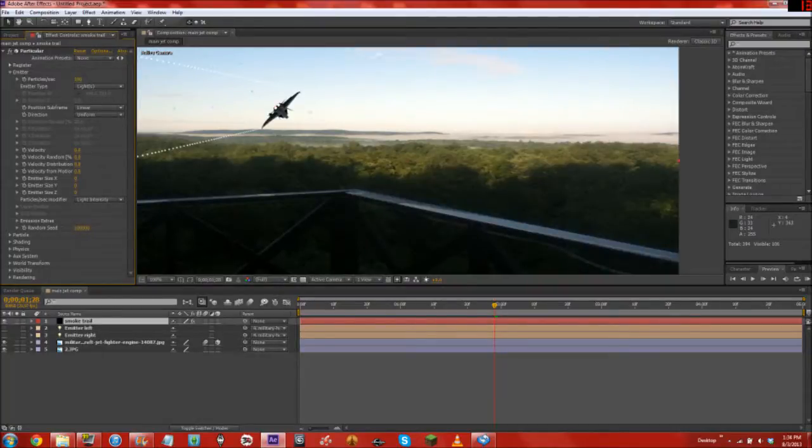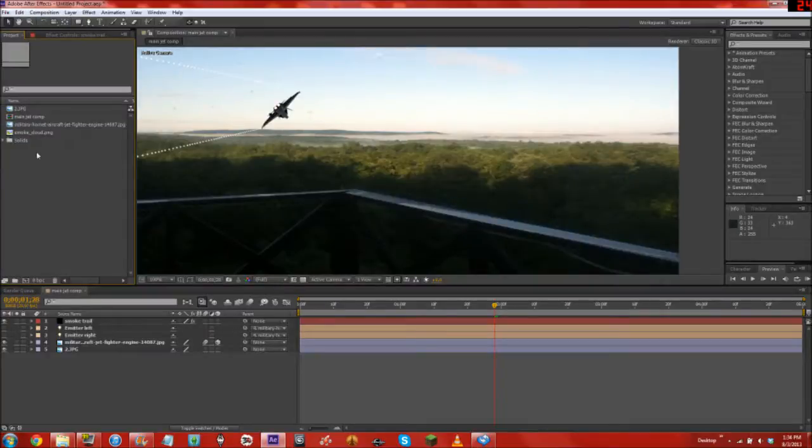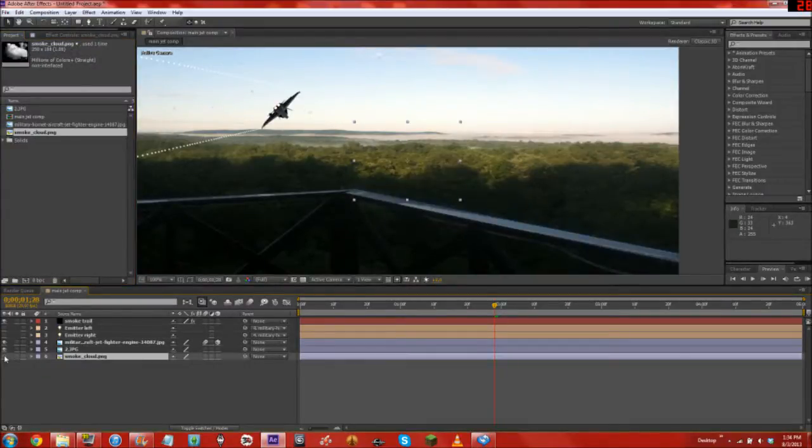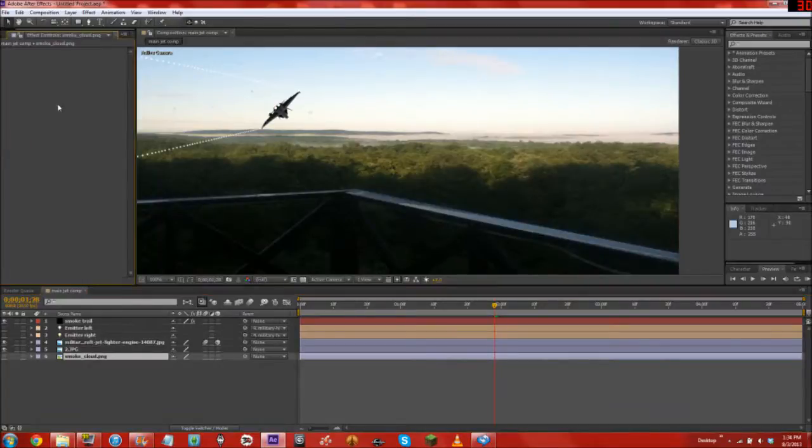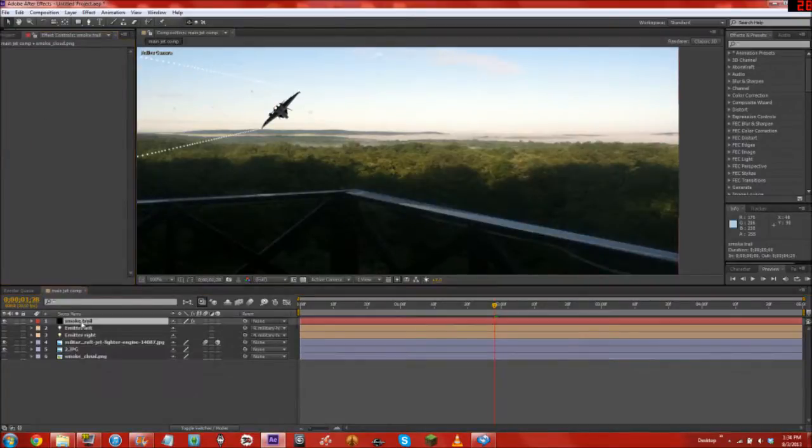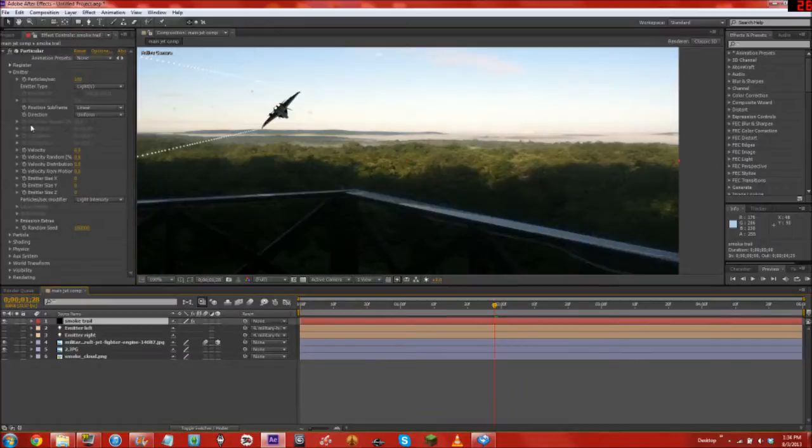Alright, so then in your project file, you need to take the smoke cloud, drag it all the way to the bottom. You can hide it. It just has to be there. It doesn't have to do anything. Then go back to effect controls, click on smoke trail. Then you want to go to